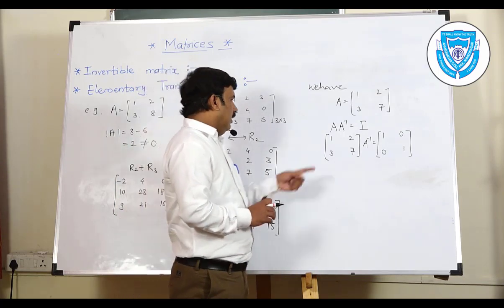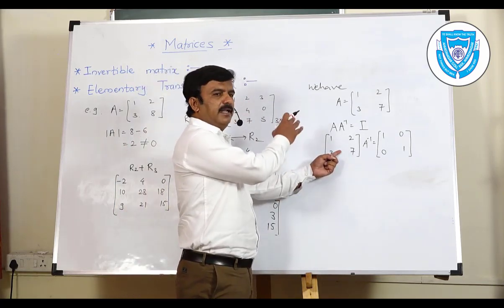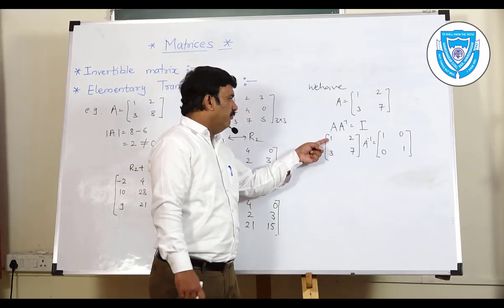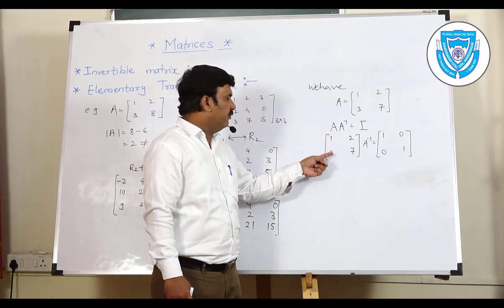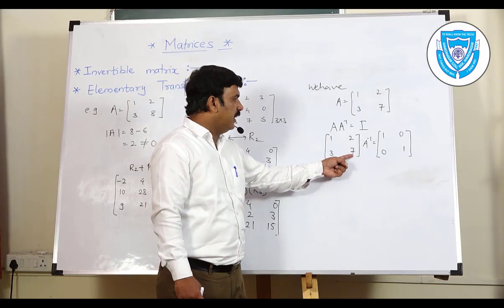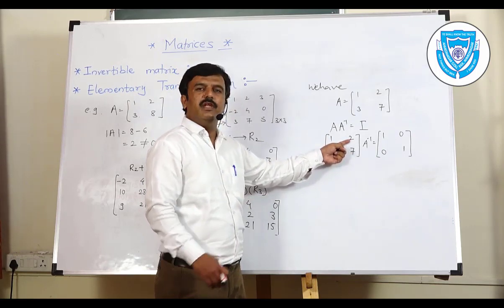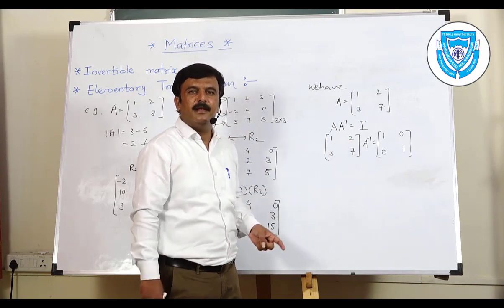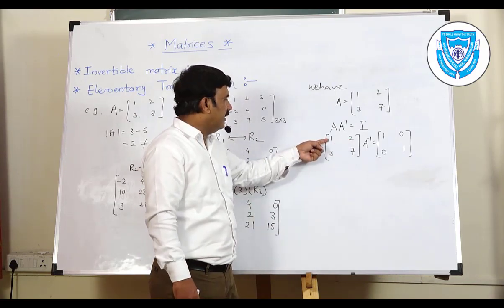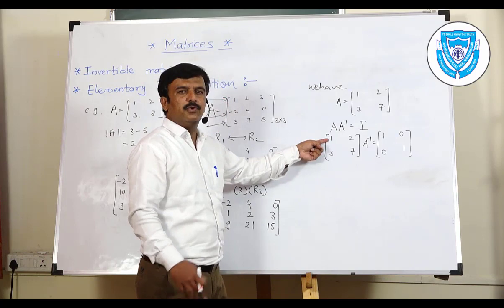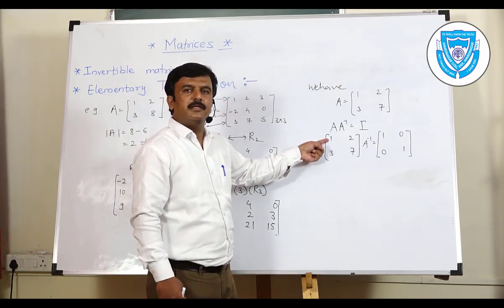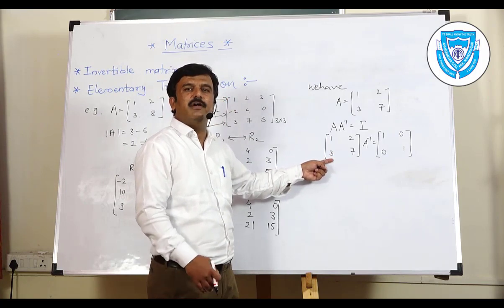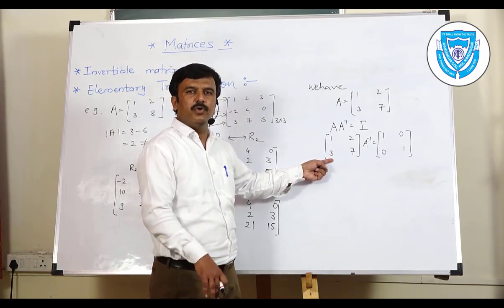Now, we have to convert this matrix A into the identity matrix. It means that we want 1 as a leading element, we want 0 over here, we want 1 over here, and we want 0 over here. So we'll need to change the elements one by one. Let us concentrate on the first element. The leading element is 1, so no need to worry about it. Let us concentrate on the next element as it is 3, and we have to convert it into 0. We want 0 over here.